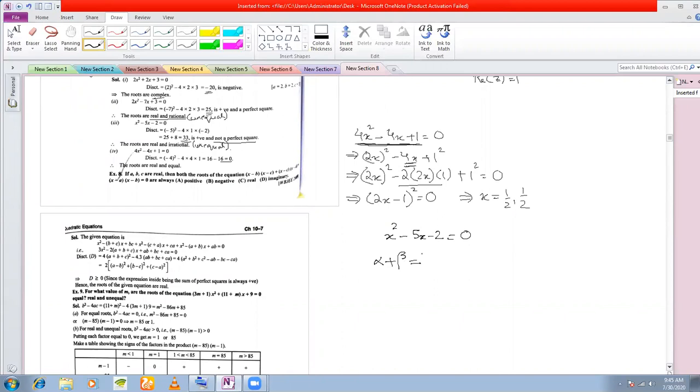Therefore, alpha plus beta must be equal to minus b by a. Here b is minus 5, c is minus 2, and a is 1. So the sum of the roots would be minus b by a, which is minus of minus 5 by 1, which is 5. So without in fact calculating the roots, you have found the sum of the roots, and the product of the roots is